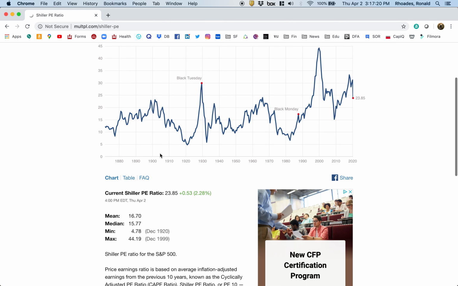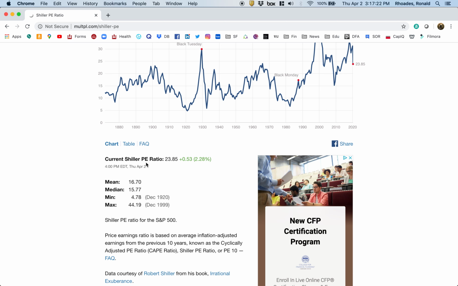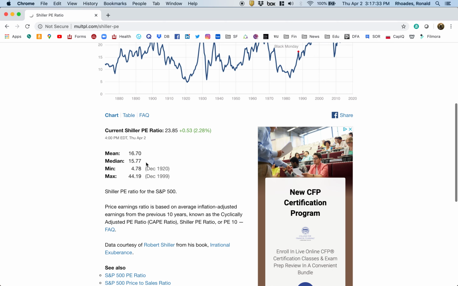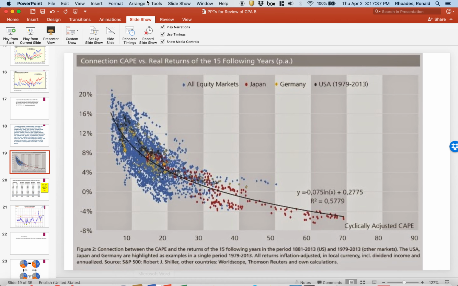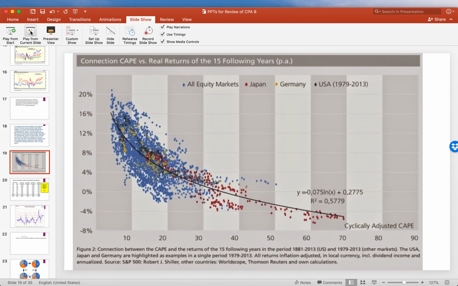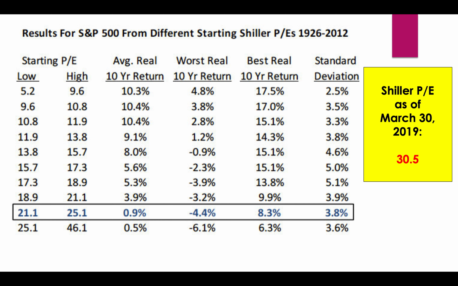I would caution, though, that some of the accounting formulas have changed over time, especially around the 2000-2003 period, and as a result, there might be some justification for the PE ratio being a little bit higher. All right, so back to our slides. And here's just another way of looking at when you have a low starting PE ratio, what is the